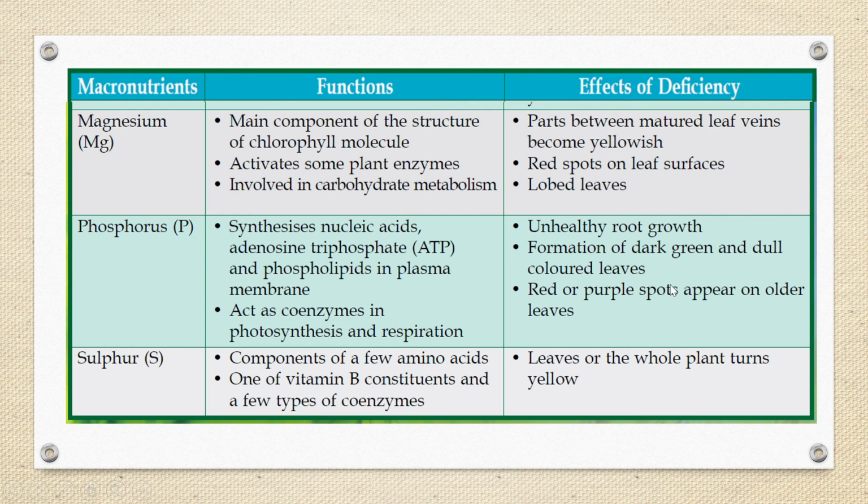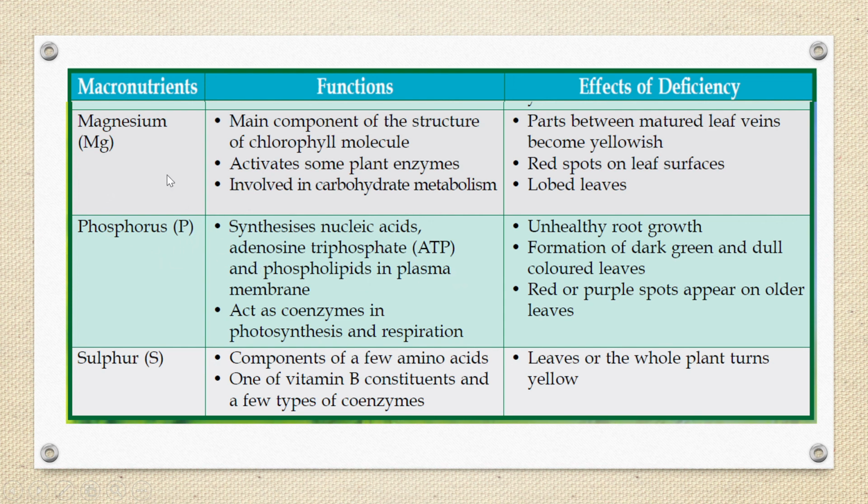So if it is not enough, lacking or deficient, what happens is unhealthy root growth. Dark green and dull colored leaves. Red or purple spots appear on the older leaves. Okay, so this ATP,